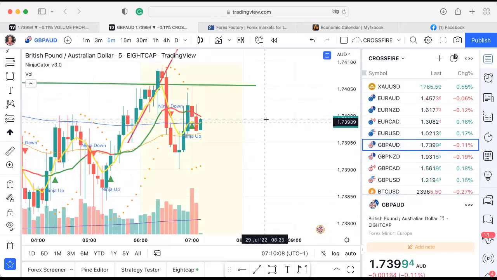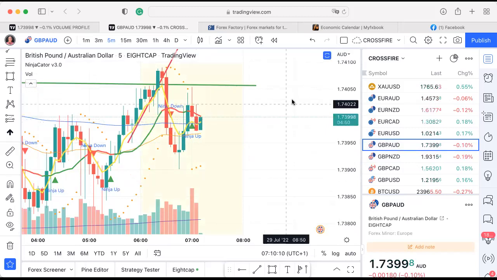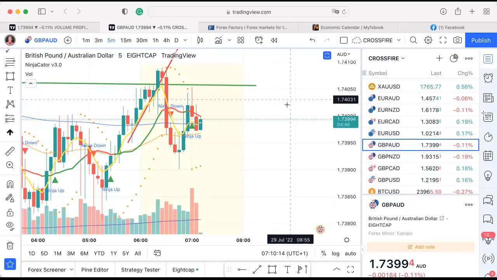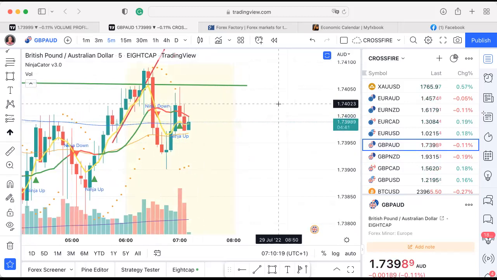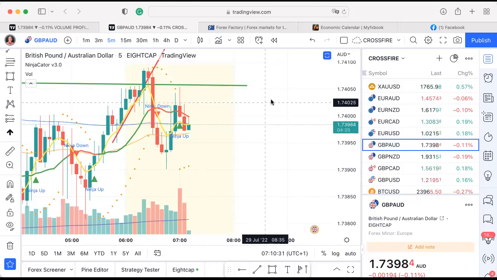So Richard, if it gets to 8 o'clock and none of these pairs have done anything, you would just say no trade on this system today. Yeah, if you follow the rules of the strategy, we're only interested until 8 o'clock, because that's when the banks make the manipulation happen prior to 8 o'clock. It doesn't mean to say you can't take a trade after that. And quite often you can.